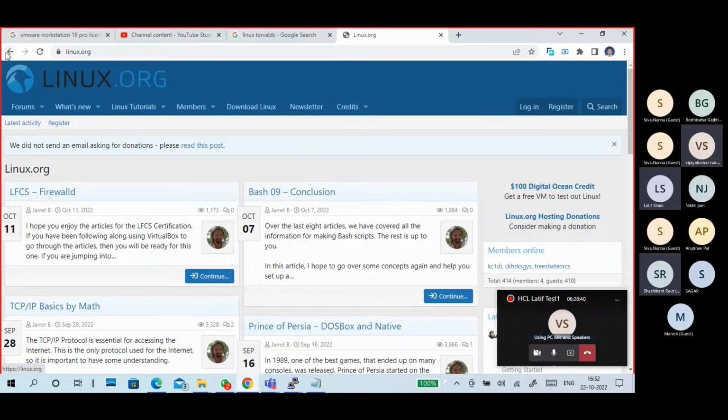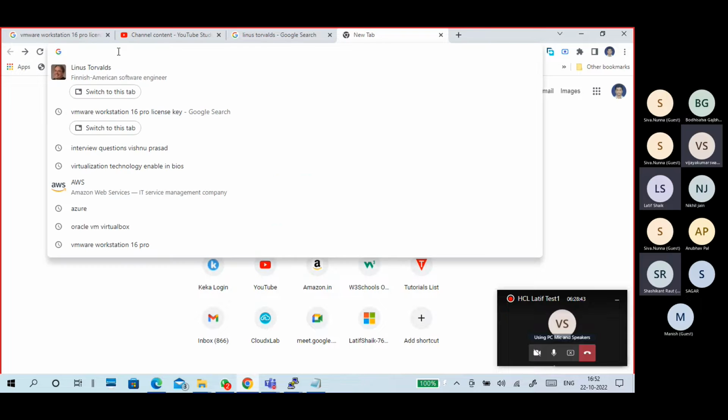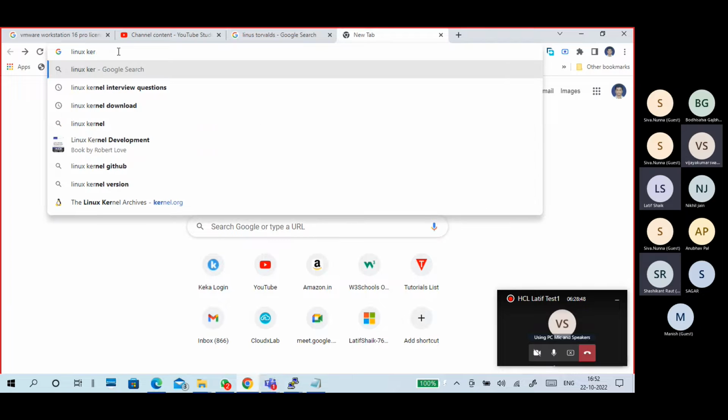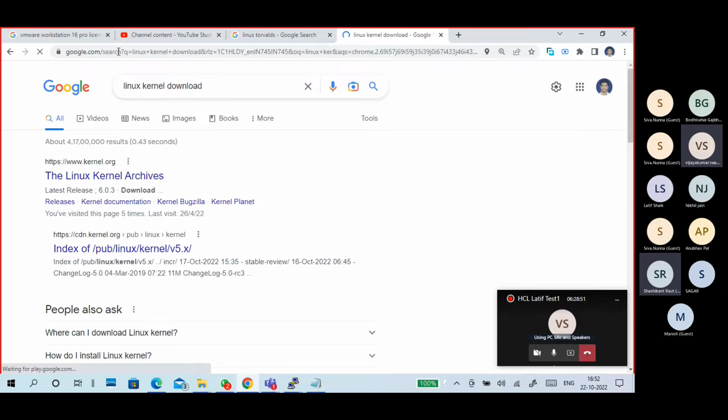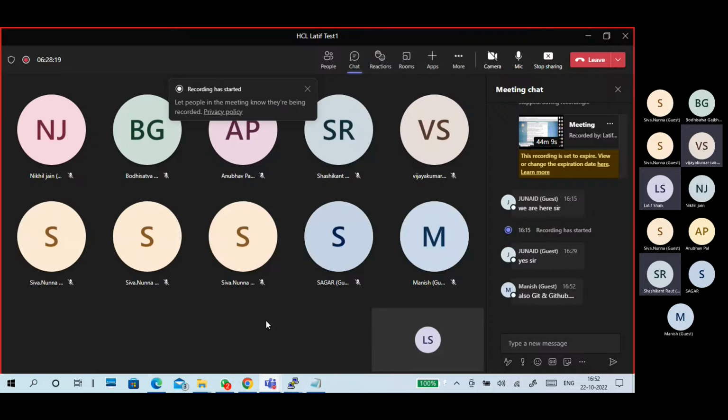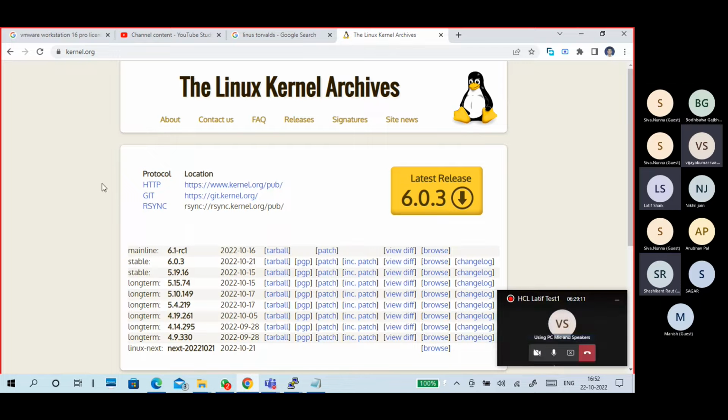Linux, it is showing some different thing. I will directly download the Linux kernel. Linux kernel download. Yeah, kernel.org is there. A new kernel is released, 6.0.3. You can download it, develop it and distribute it as your Linux operating system. Yeah, correct, Manish. That's why I said if you forget Linux-related things, but as we are software admins,